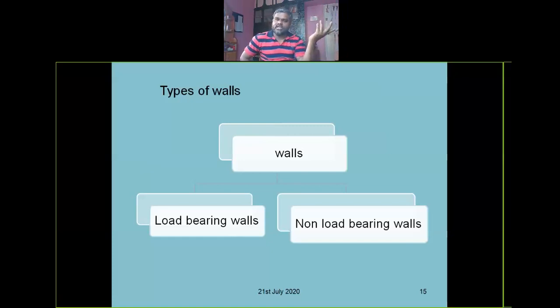So slab load comes directly onto the vertical members, that are columns, and the columns transmit the load to the foundation, right? So the walls which are constructed in skeleton systems are non-load bearing walls. Very small thickness walls can be constructed, since the load is already directly taken care of by the vertical structural members, that are